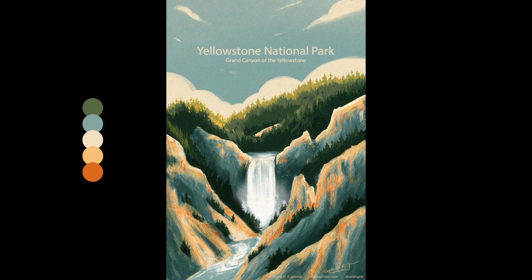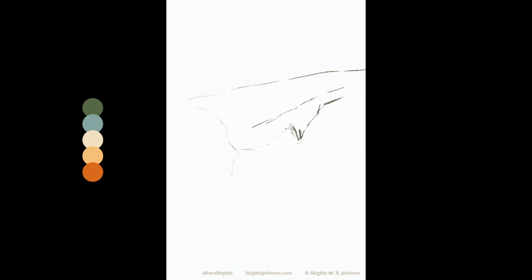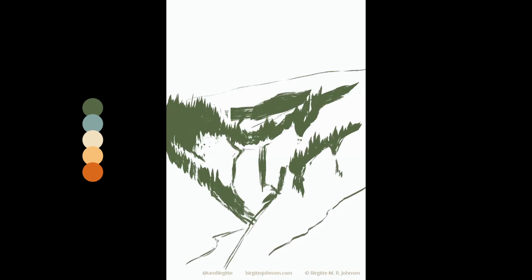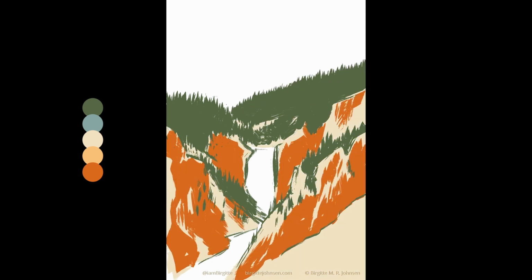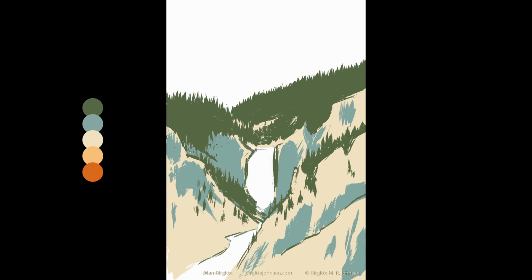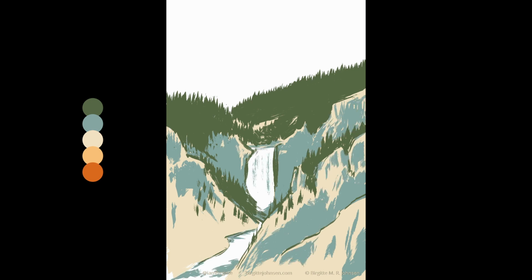The second image is for Yellowstone National Park, where I focused on the lower Yellowstone Falls. As these national parks are so big, it was only natural for me to attempt to pick specific areas to paint. This of course meant that I was looking for reference images, as I sadly haven't been to any of these parks.